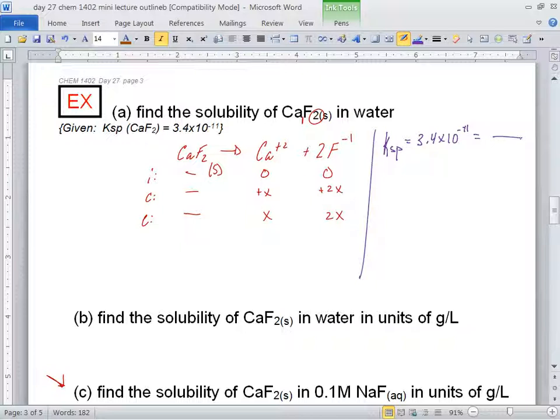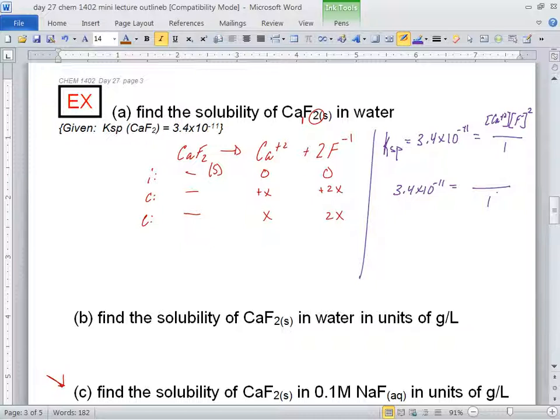Well, I would write the expression because you guys haven't done this very often. On top is going to be products over reactants. So Ca, good. Because if this is the first time especially, I wouldn't skip any steps. Because you could jump into doing the x's, but let's not screw up. Ca2+ and then F minus, that one squared, all over 1, right? So we have 3.4 times 10 to the negative 11. Now I think it's easier to put in the x's.